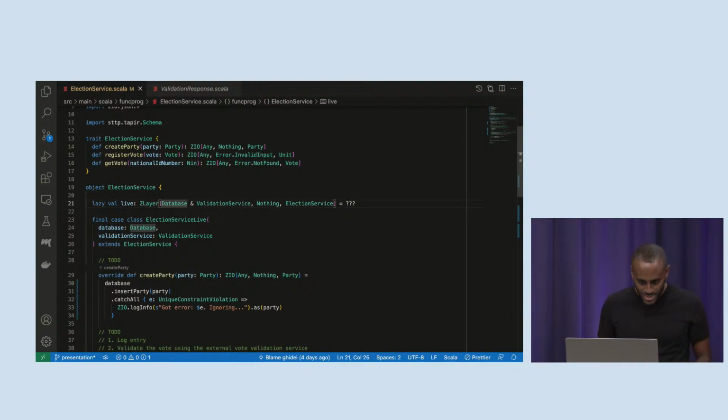If you kind of squint at this, this Z-layer has 3 type parameters. It has the environment type, the error type, and the success type. But instead of describing concurrent and async workflows, this is describing the construction of services. So we can take a look here. If you squint a bit, you can see that these two lines are very similar.